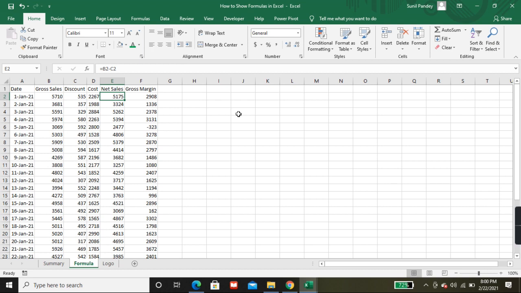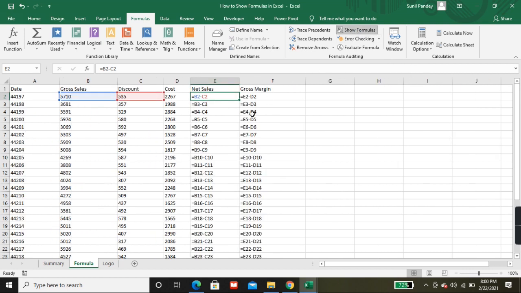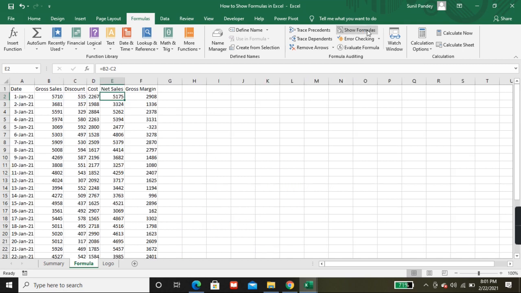And now I will show you how to do this with the help of the mouse. You just need to go to Formulas, and here is an option called Show Formulas. Just click on that. The same result will come over here. And if you click the same, it will turn back.